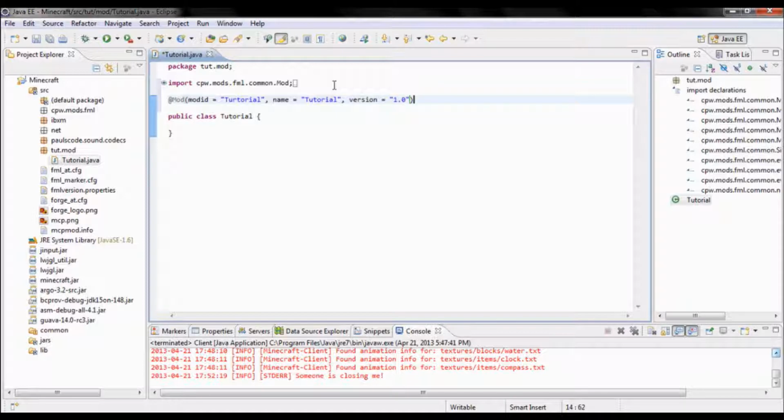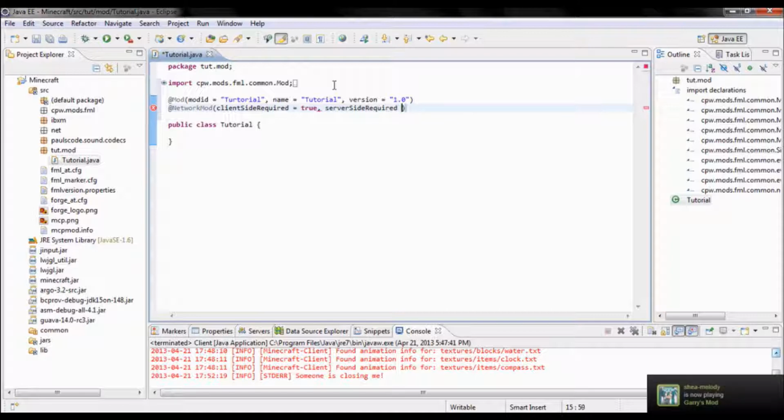And we need one more thing. I was about to say we were done, but we need one more thing. Now I'll type in the @ again, NetworkMod, parentheses, clientSideRequired space equals space, and put true. Go ahead and put a comma after true, and press space, and then do not clientSide, but serverSideRequired space equals space, and put